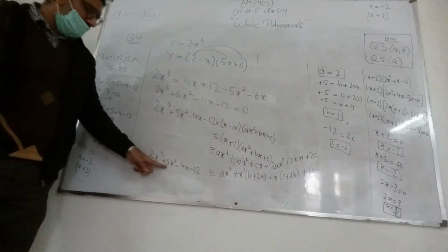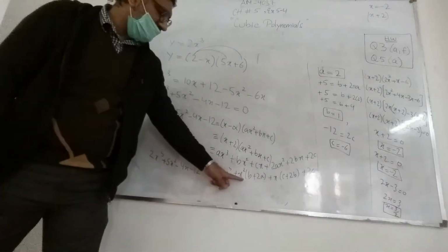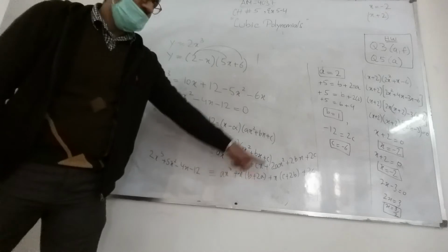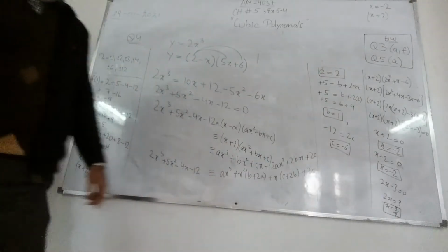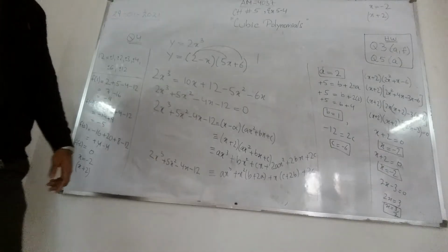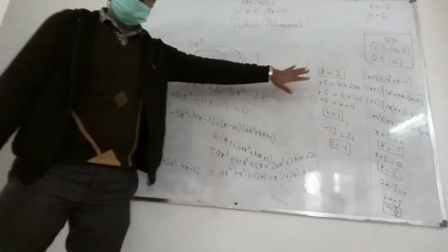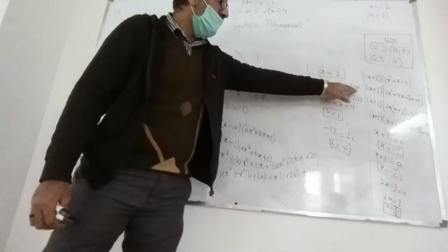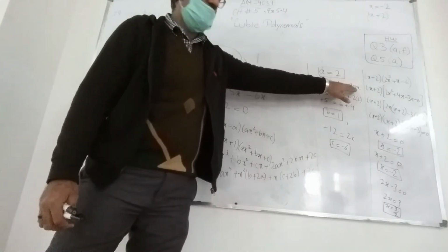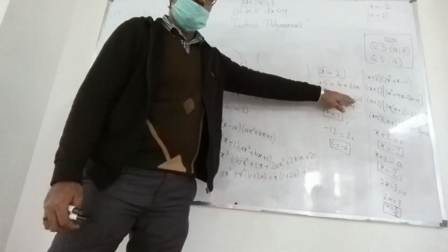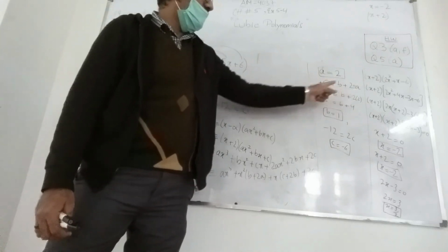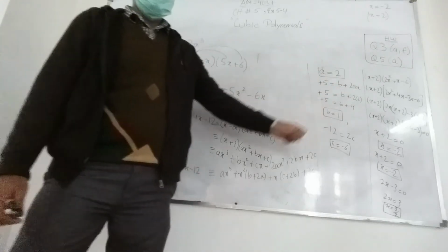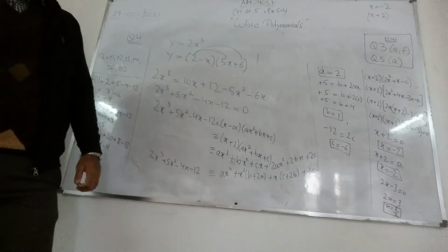The coefficient of x square is plus 5 and the coefficient of x square is b plus 2a. So I will equate plus 5 equals to b plus 2a, and in order to find the value of b, I have to put the value of a equals to 2, and multiply 2 with 2 to get 4. Then I will shift this 4 on this side to get the value of b. This 4 will come on this side and it will get subtracted, and the value of b will be equals to 1.